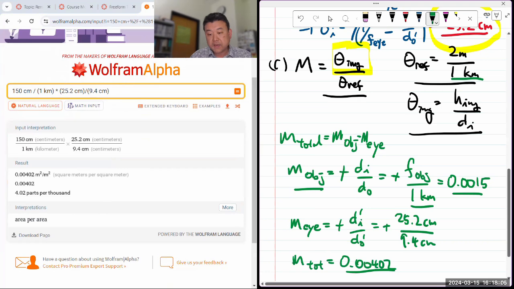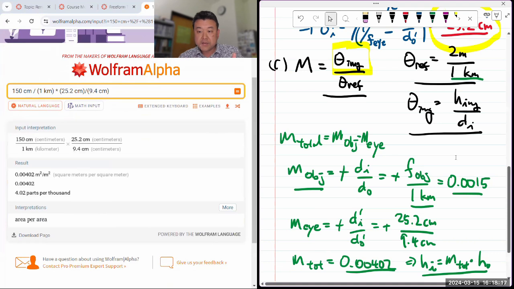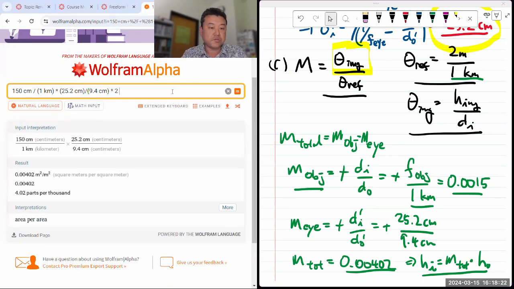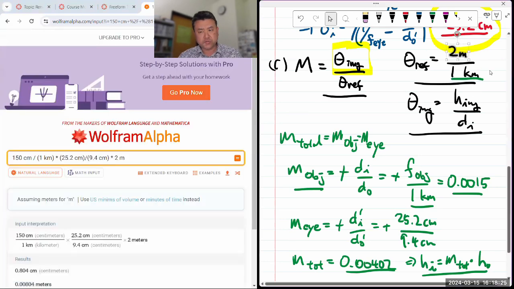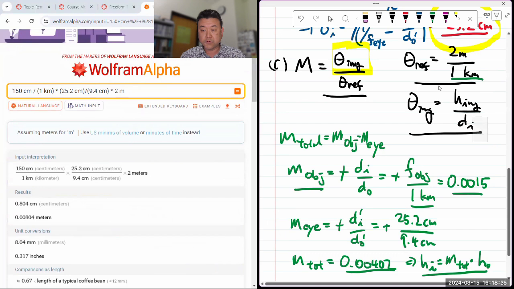0.00402, I can get the height of the final image as m total times the height of the object. So I already have m total there. I just need to multiply the height of the object, 2 meters. So that times 2 meters, and it's going to be smaller than 2 meters, I think. It'll be 0.804 centimeter. That doesn't mean it has less than 1 angular magnification, because we have to go through this final calculation. So let me use height of the image